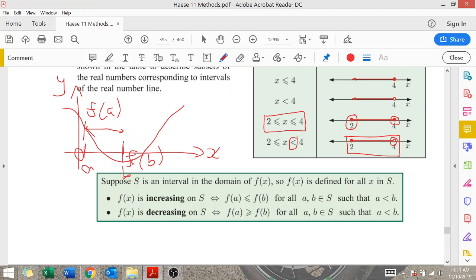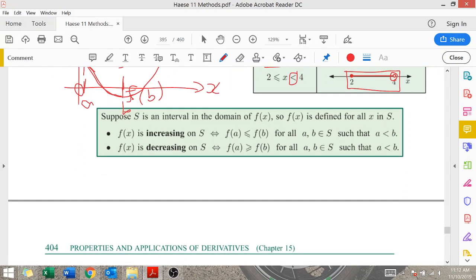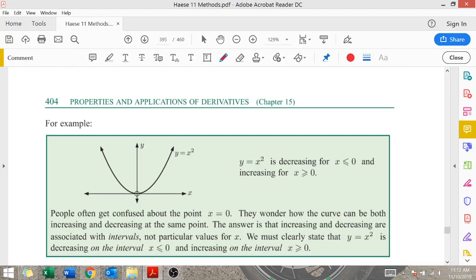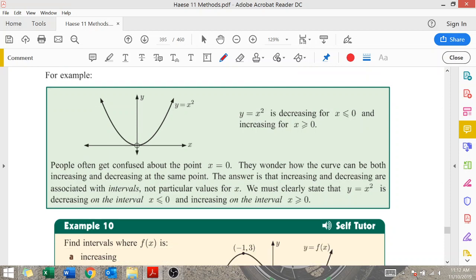So the simplified way of saying that is that as long as the graph is always going downwards or not going upwards, so it might flatten out for a bit, then we say that the graph is decreasing in that interval. Okay, so take a minute to rewatch that if that didn't make sense, and let's have a look